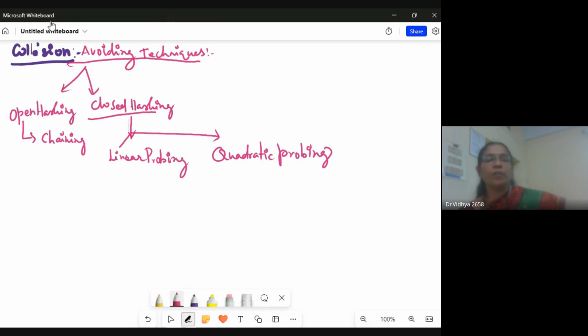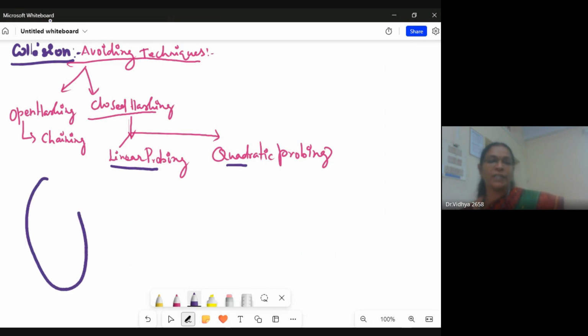In terms of open hashing, we will be having a method called chaining. In terms of closed hashing, we are having two methods called linear probing as well as quadratic probing. So let us come to the part of chaining. As the name indicates, what we will be doing is